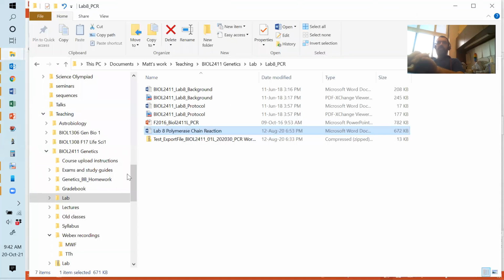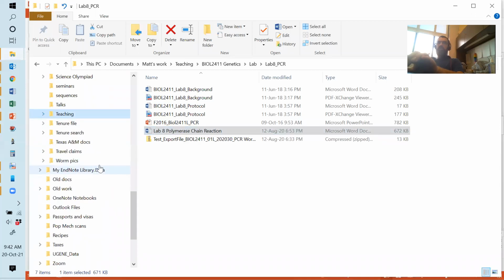So transposons consist of essentially the terminal inverted repeats. Those are the bits that are recognized by the transposase, and a coding region for whatever proteins are needed for transposition. And so in the case of simple ones like piggyBac,